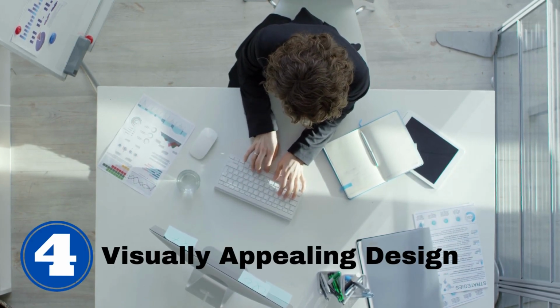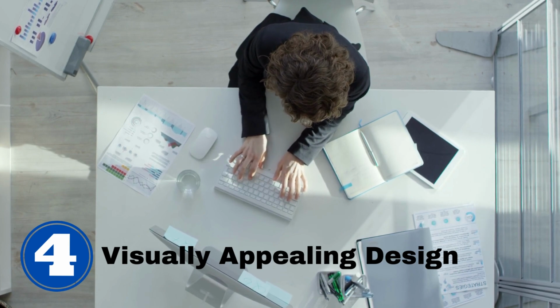Number 4. Visually appealing design. The design of your email can make a huge difference in engagement rates. Use a clean and visually appealing layout with high quality images and graphics. Make sure that the email is easy to read and navigate, and use strong calls to action to encourage recipients